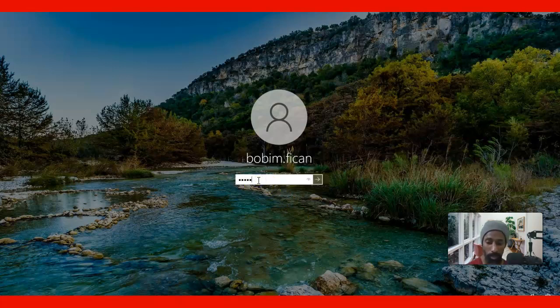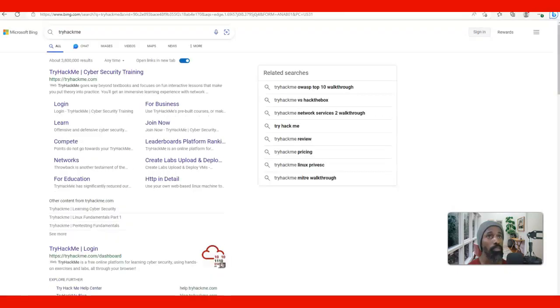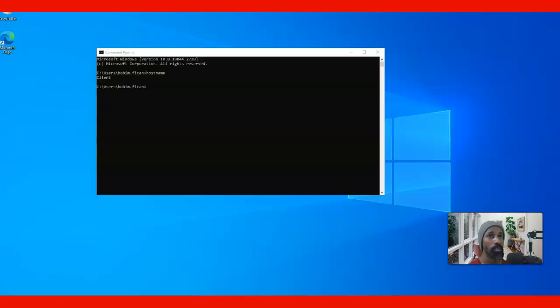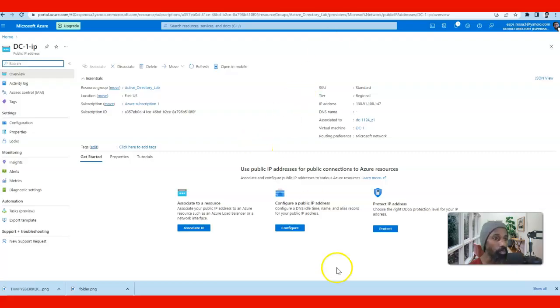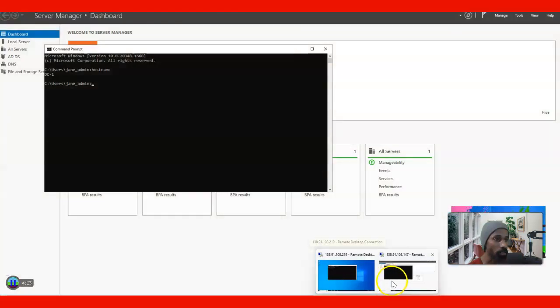So let's see if the other one is up. And the password is tryhackme. We don't want that for now, and as we can see, it's the client side. So we're not going to work with this yet. We are going to go back to the domain controller,